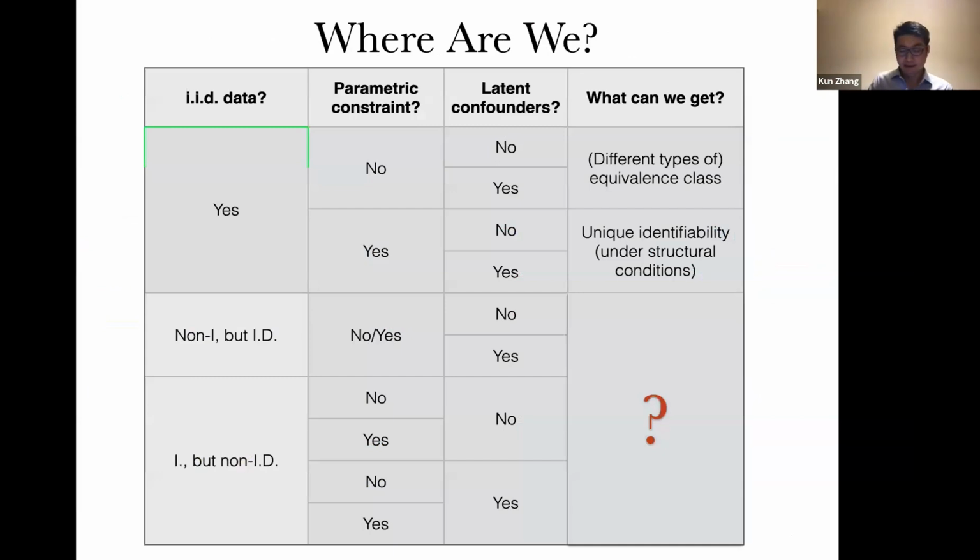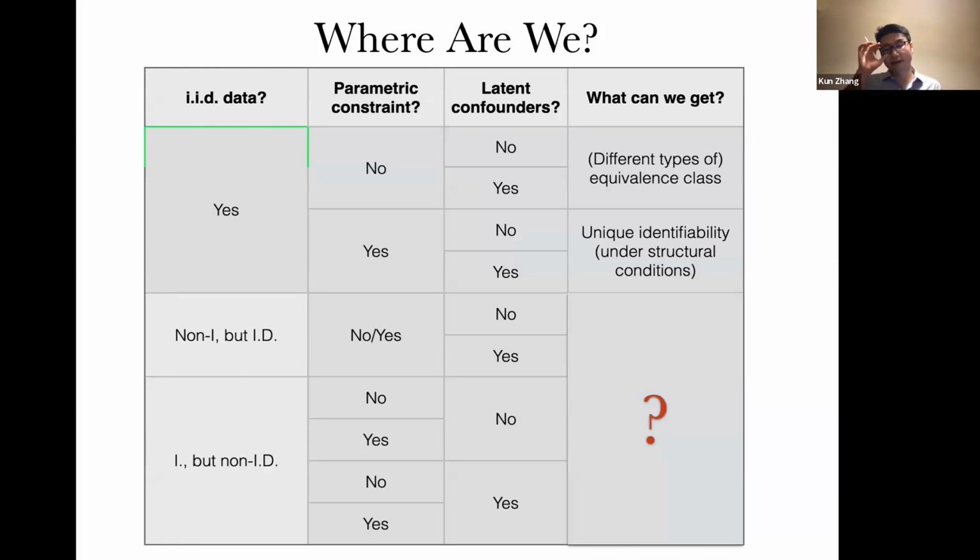Good. So up to now, I have talked about how to discover latent variables and their relations in the IID case. We have a single distribution. We don't really have much information to make use of. As a consequence, usually we make some parametric constraints, assumptions. So specifically, I just talked about the linear case. For discrete cases, it's almost the same, so the condition would also apply. In the general nonlinear case, it's more difficult.